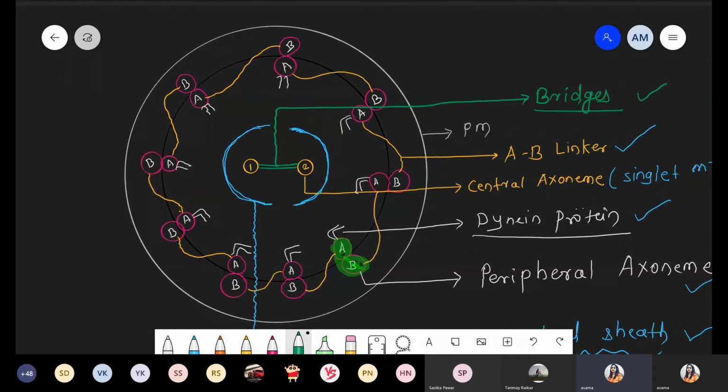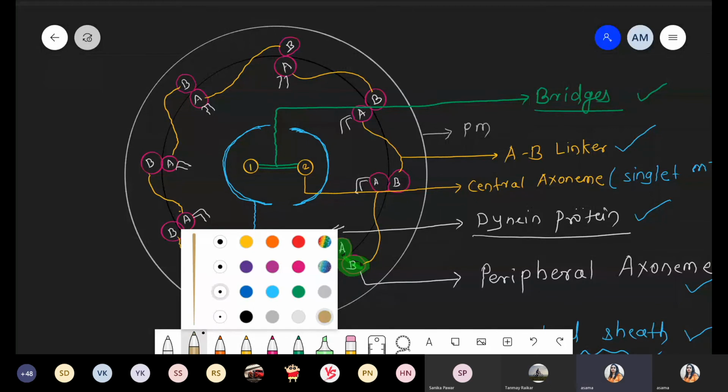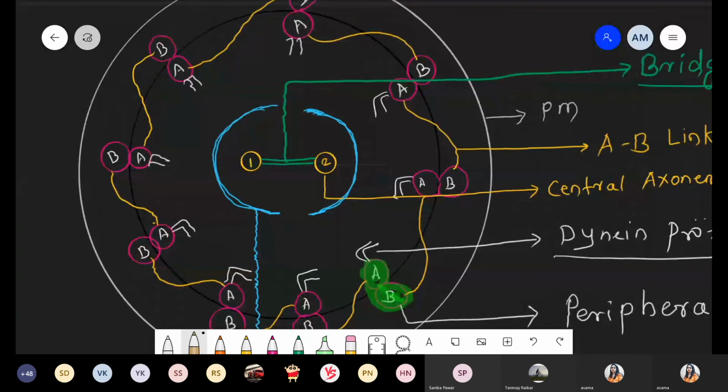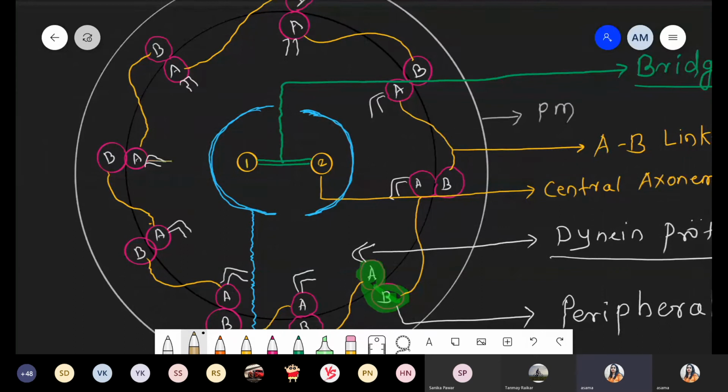But now what happened? We have to draw a support with the help of spokes, because in the centriole also we draw the spokes. Here also we draw these spokes, and a total of 9 spokes are associated with cilia and the flagella. So the last structure is the spoke. These spokes arise from A, and now it is joined near to the central sheath.